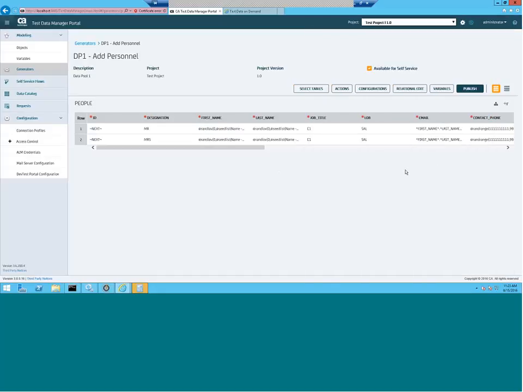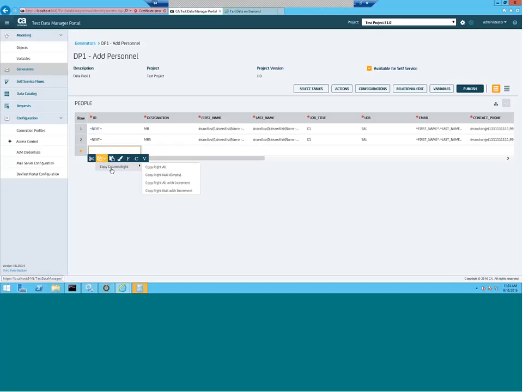And as you see, this one is full, as you saw in the screenshot. But the good thing about this is, what I wanted to show you here was, if I needed to add another row, I can very easily add another row. And when I click here, I can go ahead and copy down. I can copy column right,